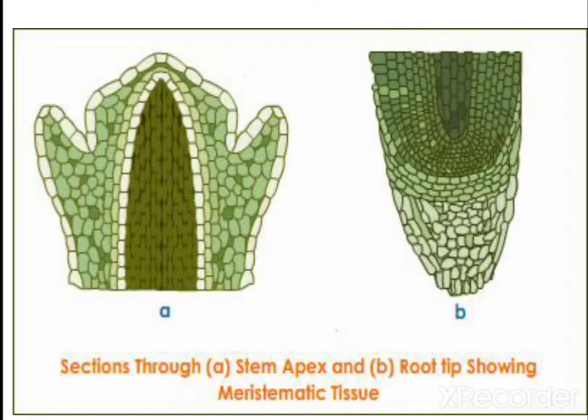Okay, so this is the meristem. It has been shown. How does it look in a slide? When you are looking under a microscope, how does it look? The previous one was this diagram. Here it is mainly the diagram. How does it look under a microscopic slide? It has been shown here. Can you see the dividing cells? And this is the shoot tip and this is the root tip. This is showing the meristematic tissues.